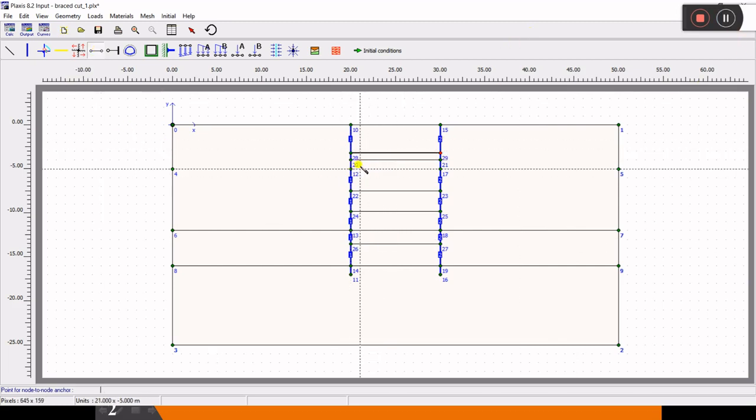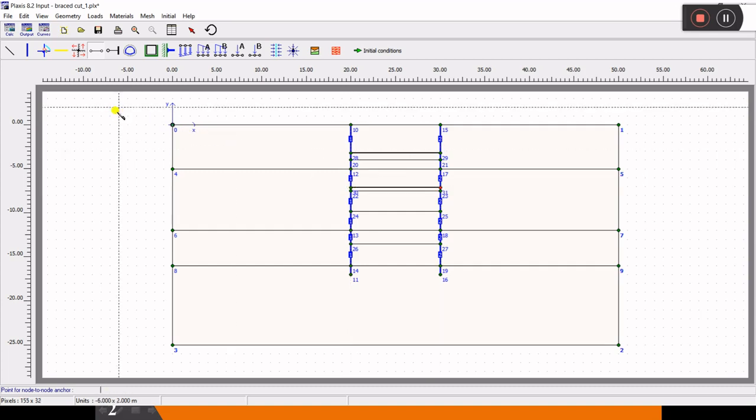The first one we have created, and the second one is at 7.1 meters. So 20 minus 7.1 and 30 minus 7.1. The second one is created.